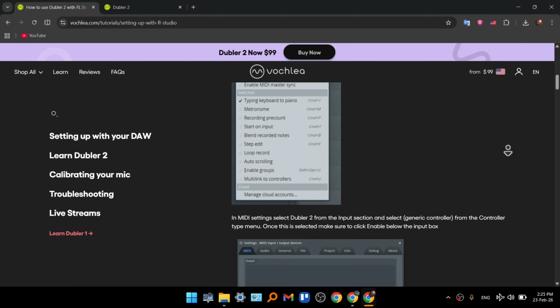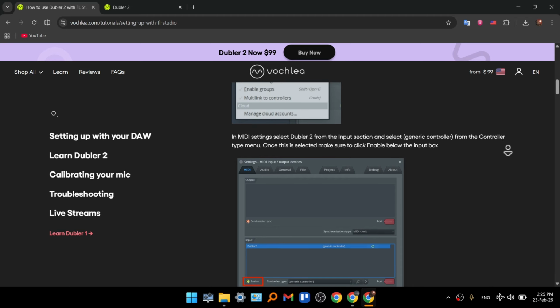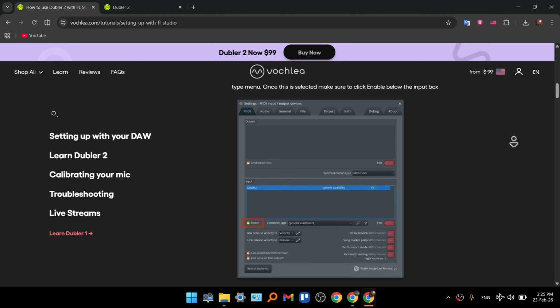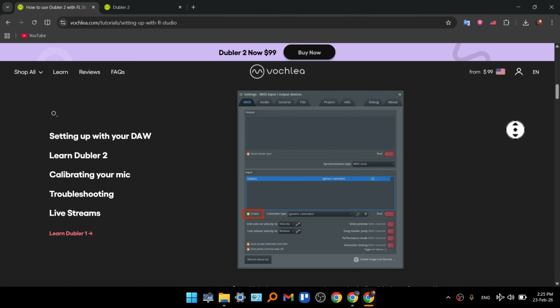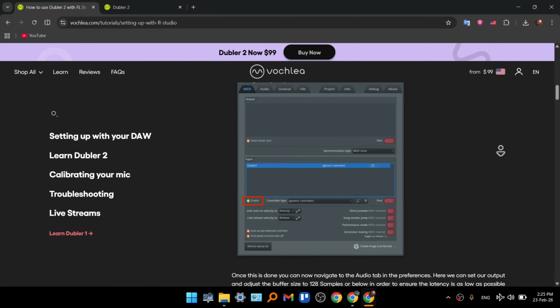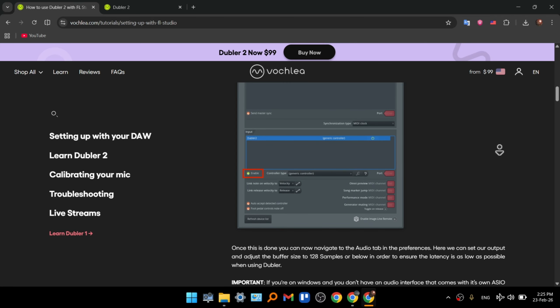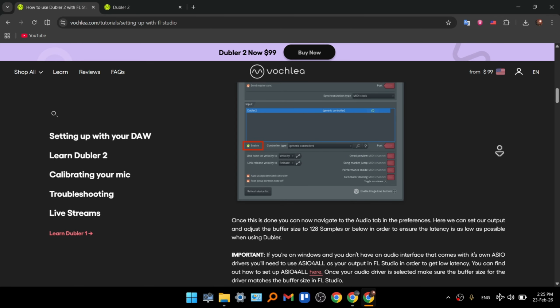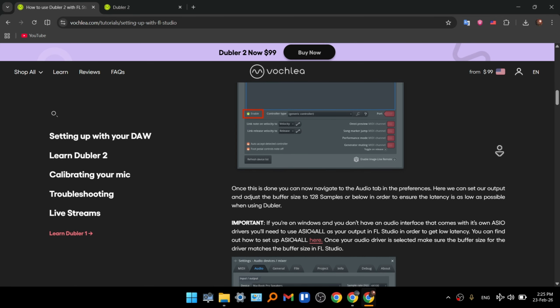Go to Options, then MIDI Settings, and in the Input section, you just find the Dubler MIDI device and enable it. So as you can see, you need to have it enabled with this green light, and also set it as a controller input. After that, you need to add a virtual instrument to FL Studio, like a piano or a